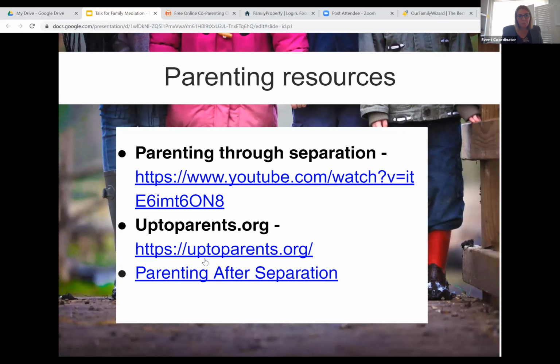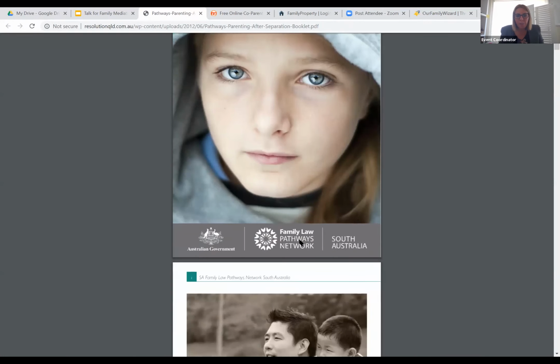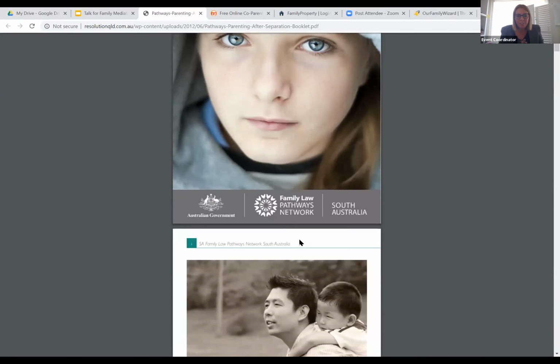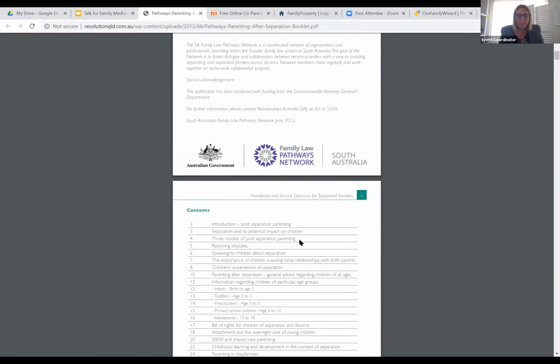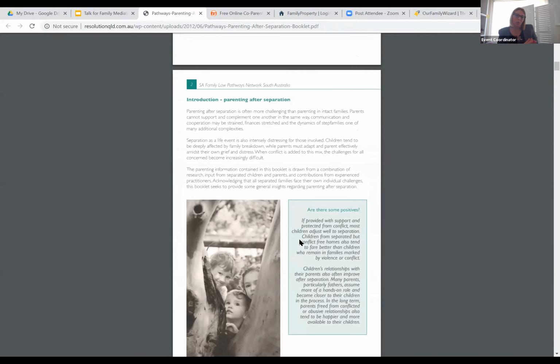There's also some good resources. There's a number of resources, some general, some specific to your situation. But this one I find particularly helpful from the Family Law Pathways. It's called Parenting After Separation. It does go into some information about the impact of conflict on children.